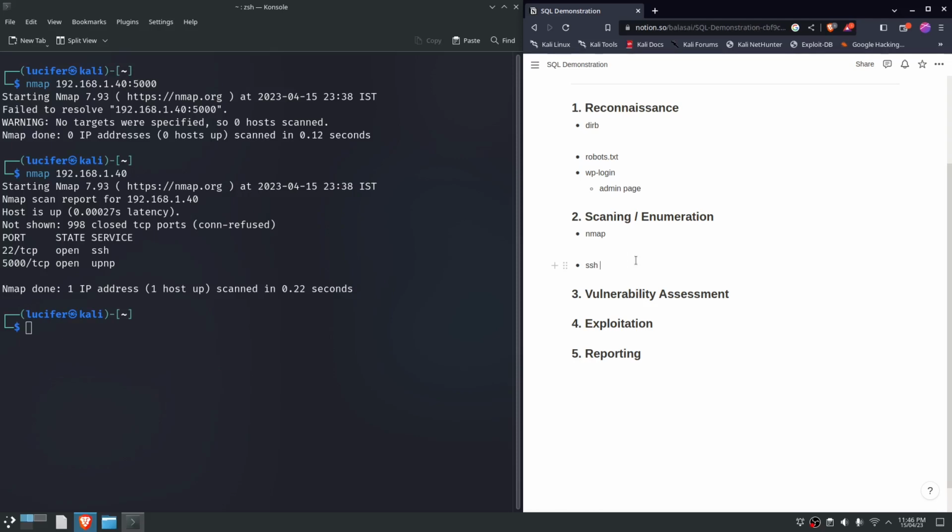For example, as pen testers, we may usually miss the small parts and concentrate on the large scale. So I was concentrating on secure shell in depth, whereas I was leaving back in the reconnaissance phase that I have